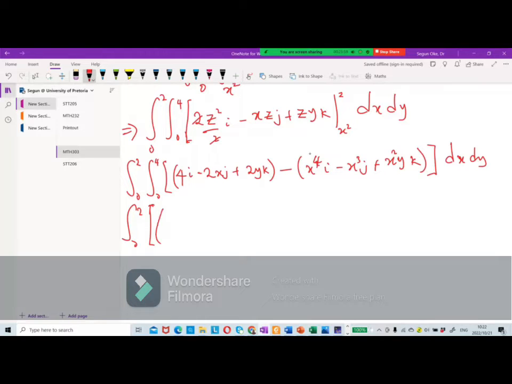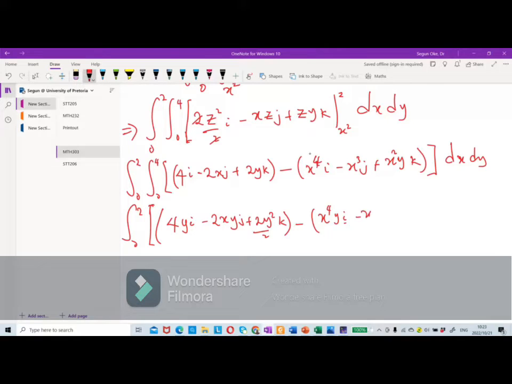So it's going to be what? 4yi minus 2xyj plus 2y squared over 2k, minus x over 4yi minus x over 3yj plus x squared y squared over 2k, from 0 to 4